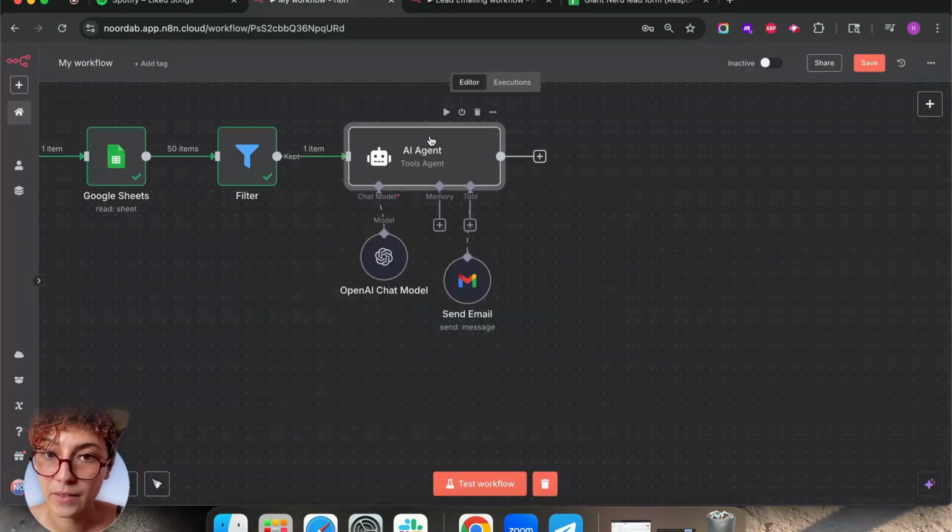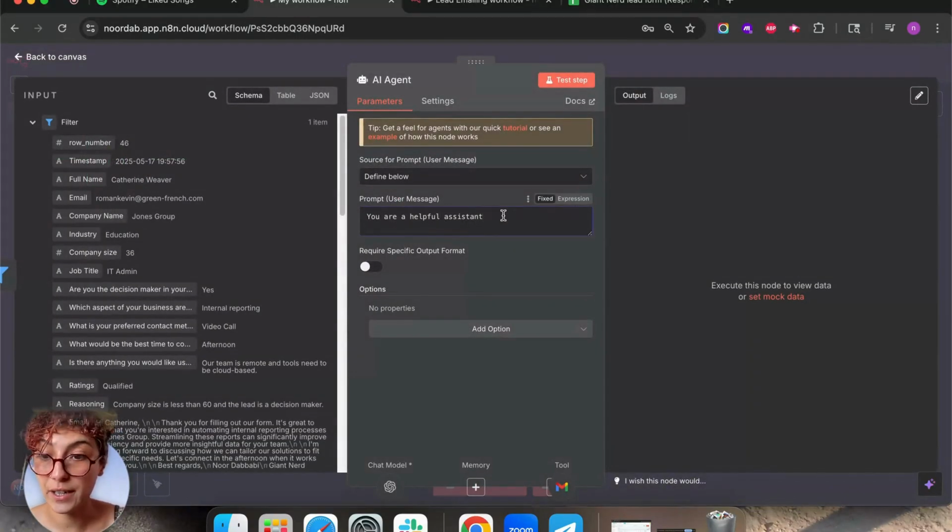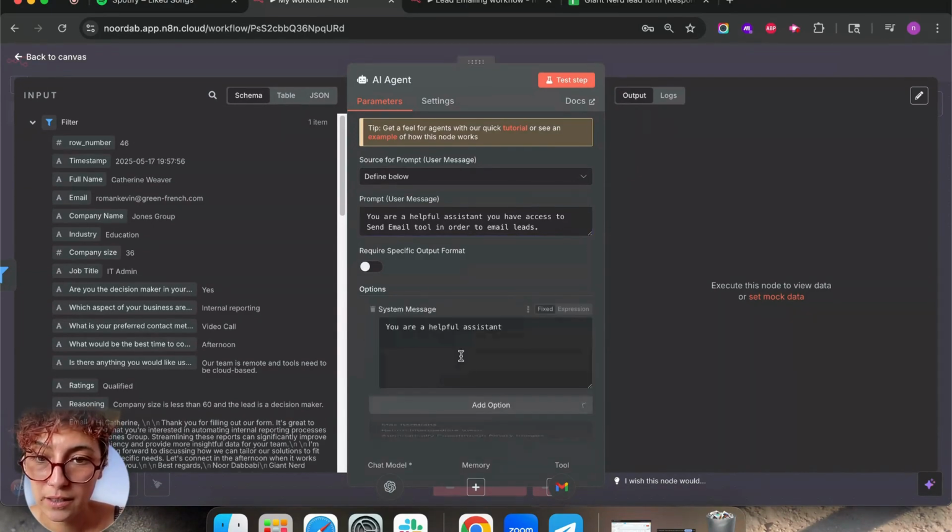And then we're gonna go on our AI agent, right? We're gonna say you are a helpful assistant. You have access to send email tool in order to email leads, right? And then we're gonna add system message being